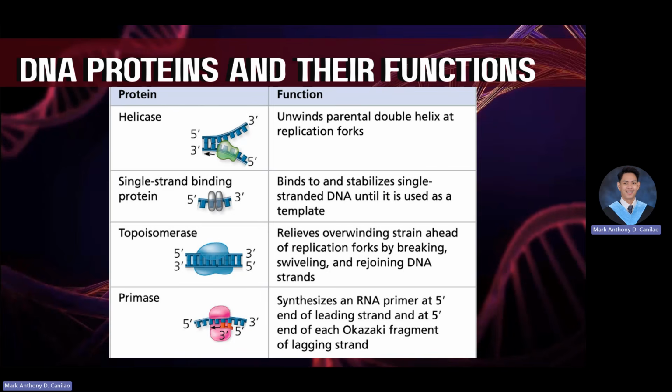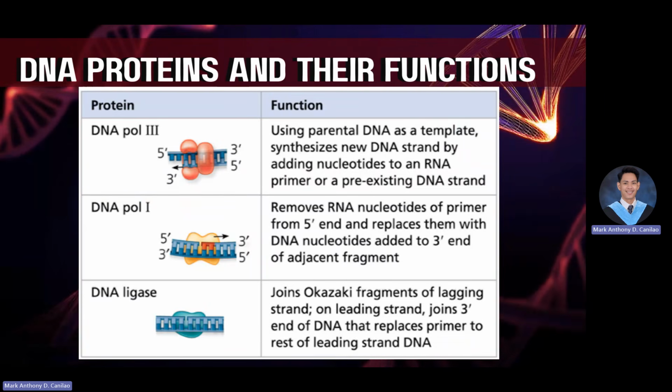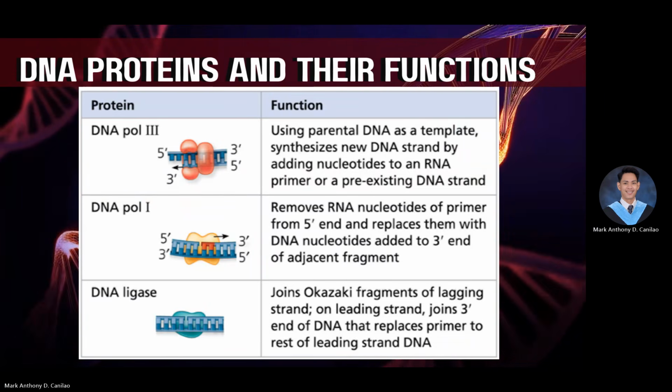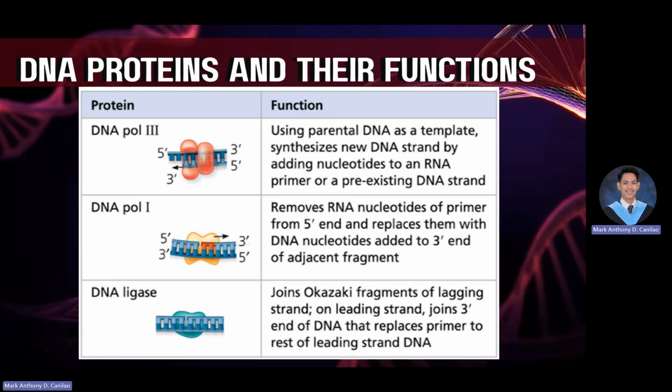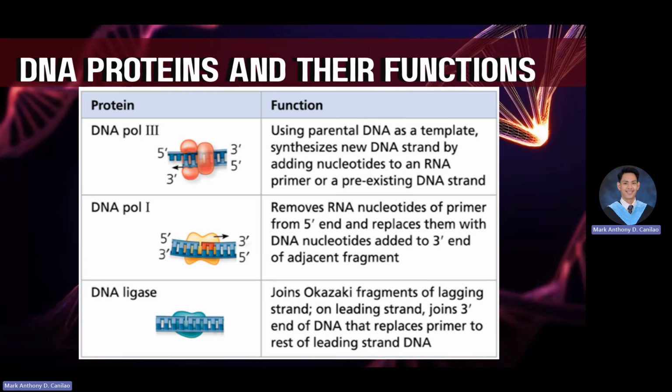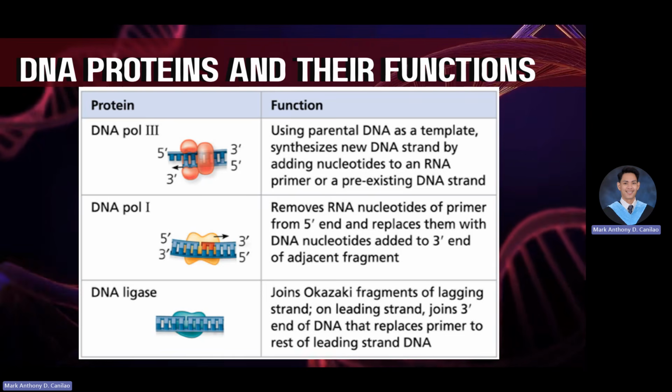On the elongation, on the other hand, we have the primase that is used to synthesize the RNA primer that will then be used in the formation of Okazaki fragments. We also use DNA polymerase 3 and DNA polymerase 1. DNA polymerase 3 is used to add nucleotides on the complementary template strand, and DNA polymerase 1 is used to remove the RNA nucleotides, the RNA primers, that have been manufactured by the primase. Also, in the termination part, or the last part, we have the nuclease that is used to proofread what we have synthesized.